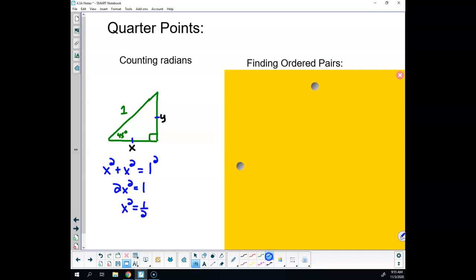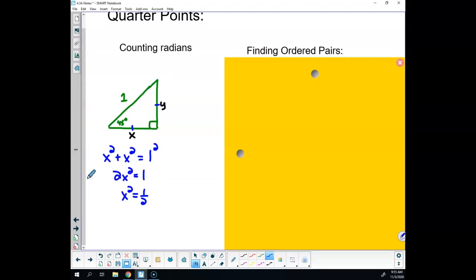X squared is a half. Take the square root of both sides. Really, it's plus or minus here. And so then x here is going to equal plus or minus